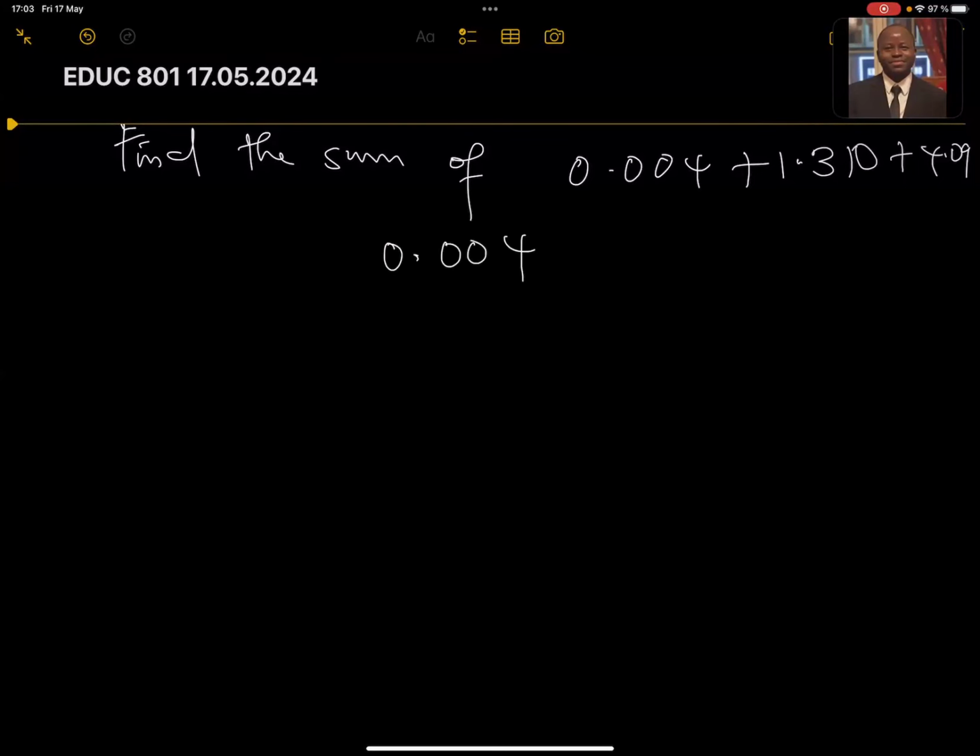So the solution here will be 0.004. Then I have 1.310. Then I have 4.009. So I'm going to do basic addition here. I want you to pay attention to the fact that I arranged the numbers